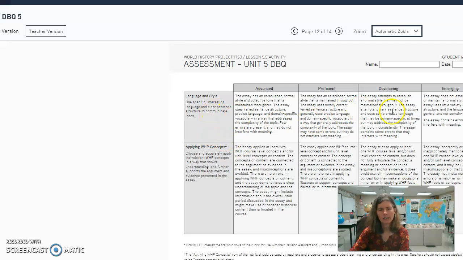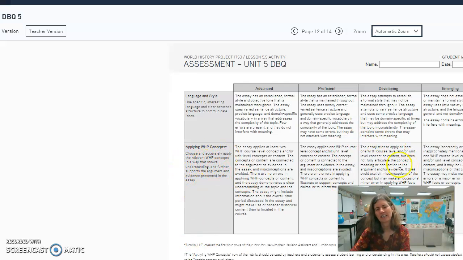Language and style. Some of you have realized that I like to hear your personal voices, and so you use that. I've told you, you know your audience, you know I like to see how you connect to your work. When you submit essays for state testing and for college and for your employers, you might want to be a little bit more professional in your writing. Just know that I like to hear your voice. But I will call it out when I see stuff that's not really polished.